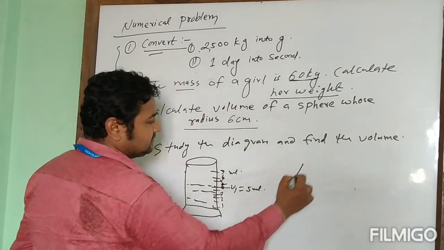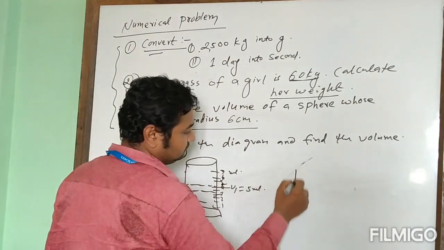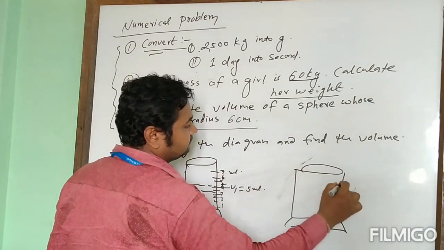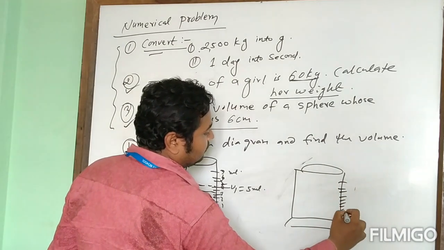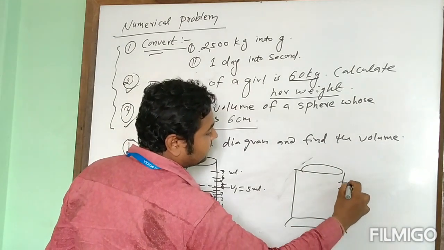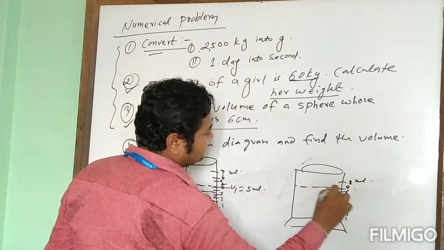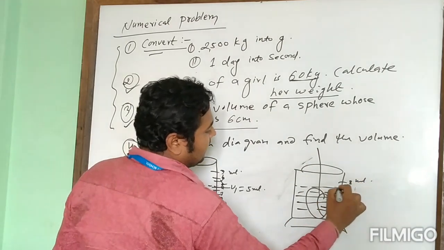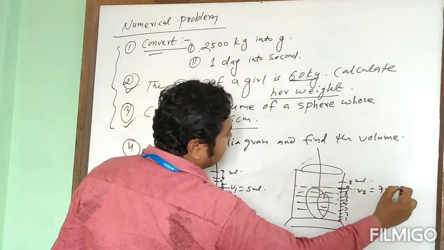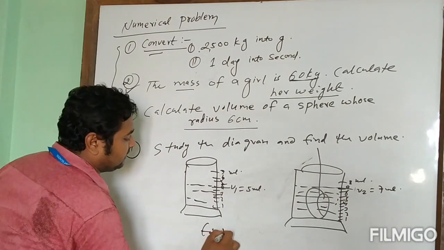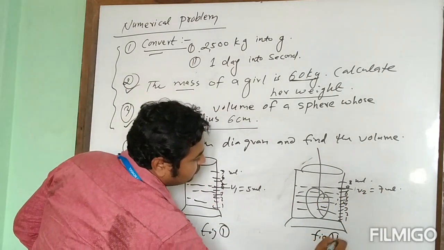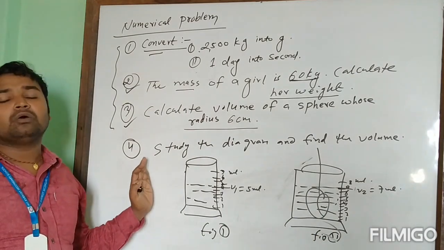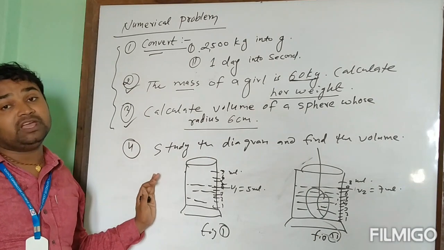Okay. And another figure we have to look at. 1, 2, 3, 4, 5, 6, 7, 8 ml. Yes, the stone is in this, and this is 7 ml. So this is figure number 1 and this is figure number 2. So by studying this diagram, you can do the homework to calculate the volume of an irregular body.